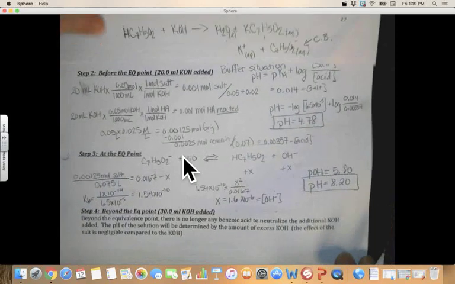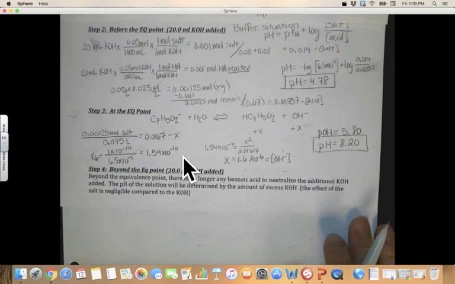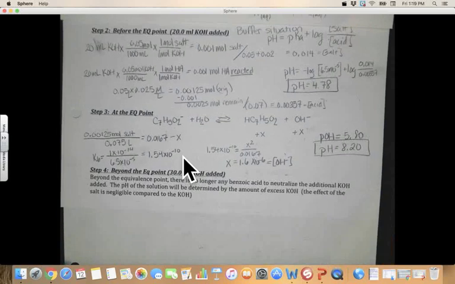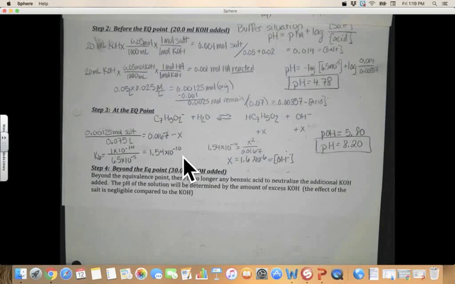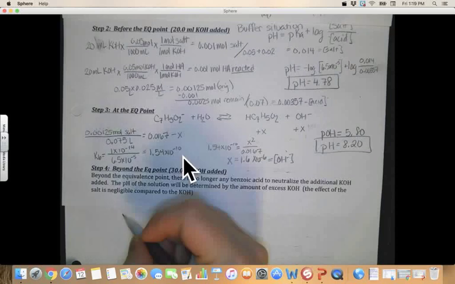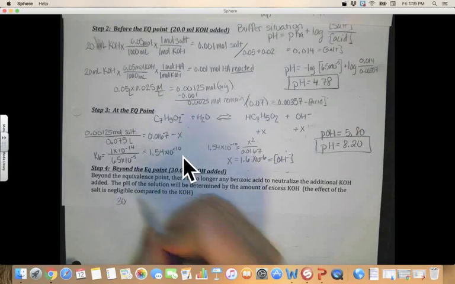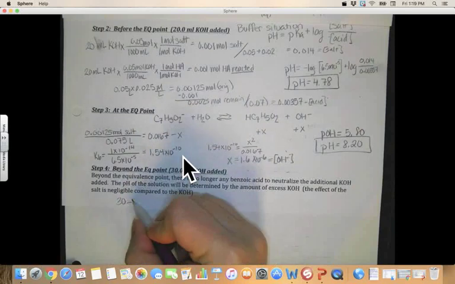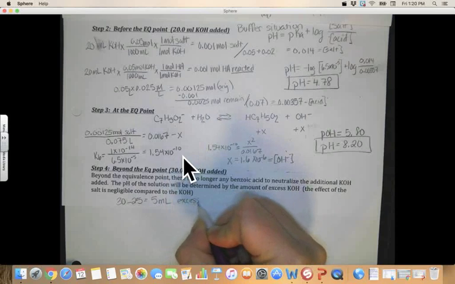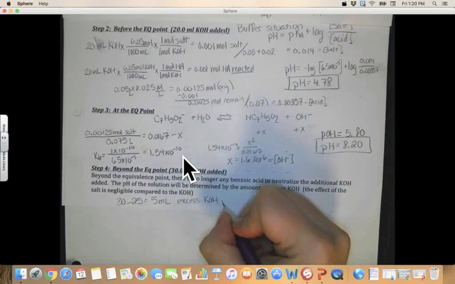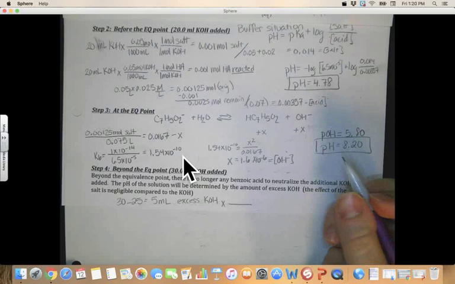All right, last part. Beyond the equivalence point, when we have 30 milliliters of KOH added. There's no longer any acid, and compared to that strong base that's now in excess, the salt has a negligible effect. So we're going to base all our pH calculations on the excess potassium hydroxide. We have 30 milliliters added, but 25 was our equivalence amount, so we have 5 milliliters of excess KOH. If I multiply that by my molarity of the potassium hydroxide,